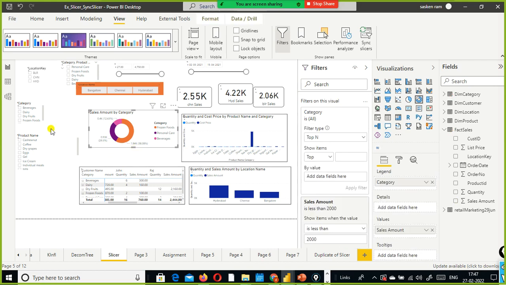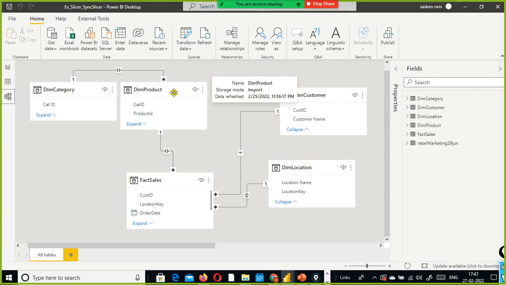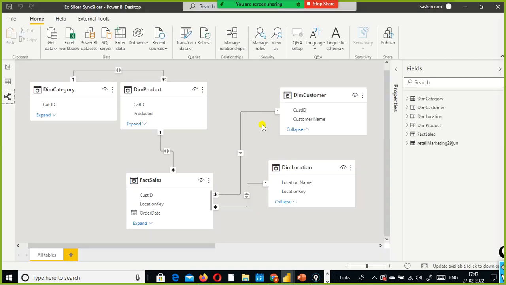See, in situations like this, if I want the location dimension to filter the product dimension, in that case you need to enable cross filtering. But to overcome that we can use a measure. So you can use some DAX functions. You can use the filters on this visual and apply those measures for those two dimensions. For example, here, for the location slicer and then the product slicer, what you can do is,